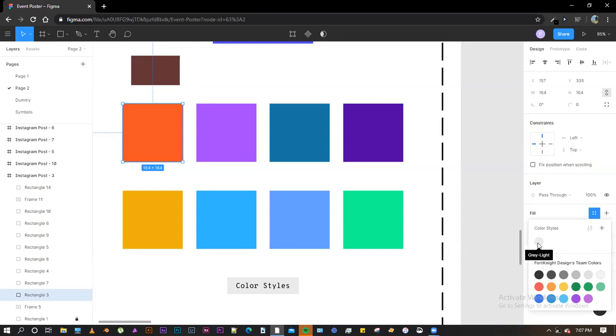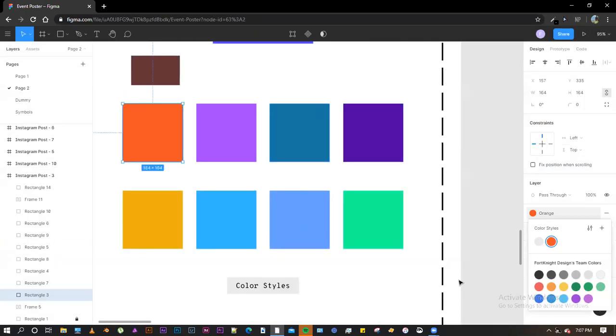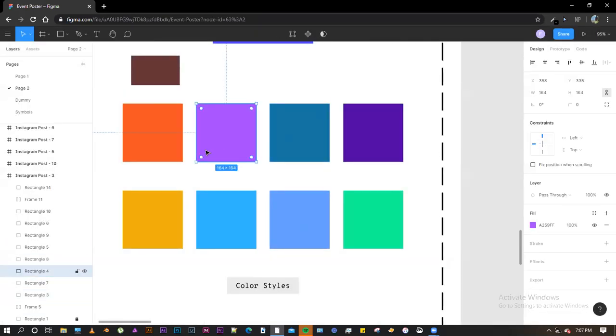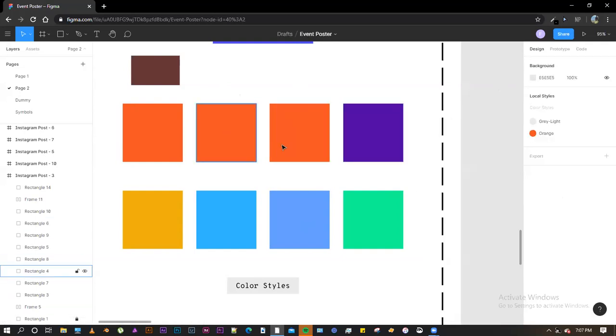I'll show you how it will help you in the design process. If I click on this button, create a style, and I name this color, let me name it orange. All right. And now if I click on this box and I pick the color orange, and if I click on this box and pick the eyedropper tool, you can replicate the color from another colored object. So if I pick the color from here, these are two approaches to tackle color.